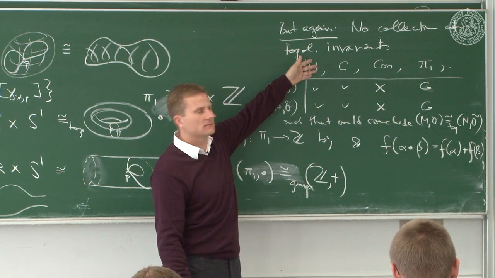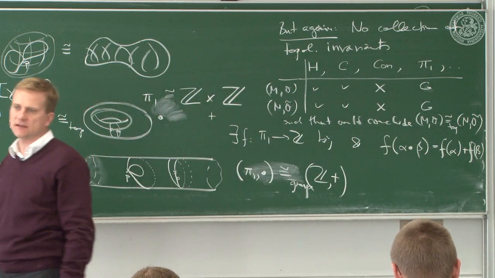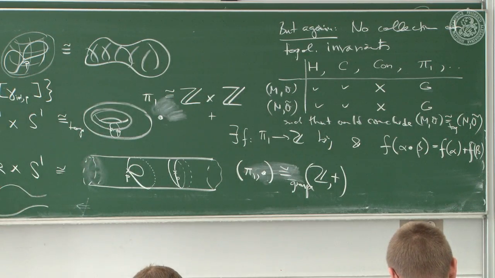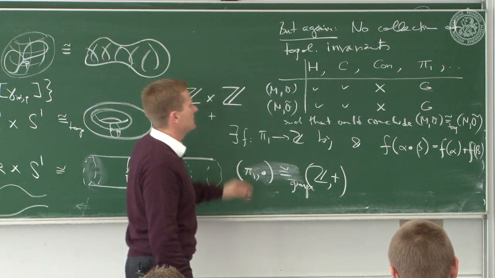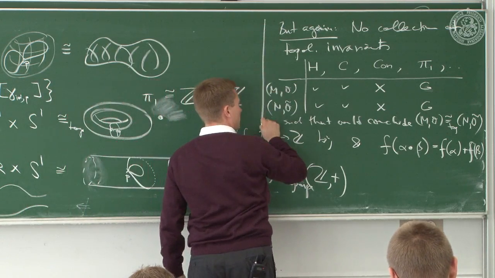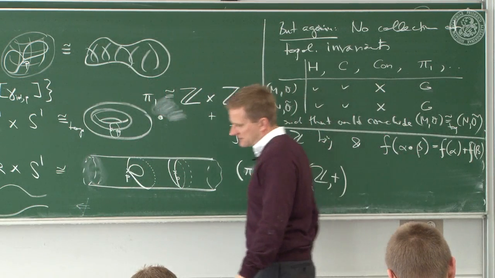It'd be great if we had such a classification. You just had to check all the properties, but no such list is known. That is something I was referring to throughout this